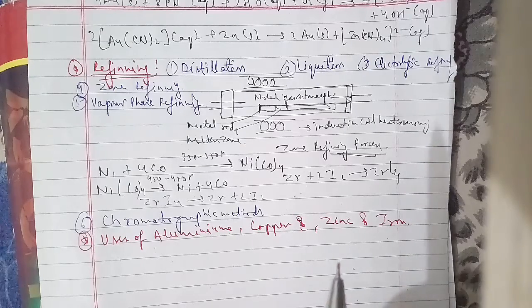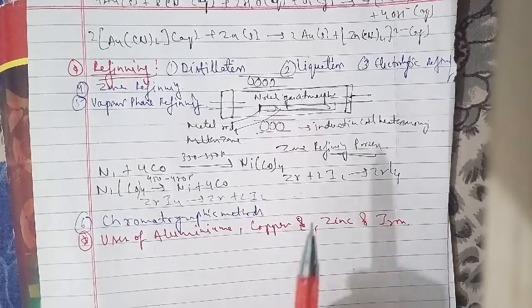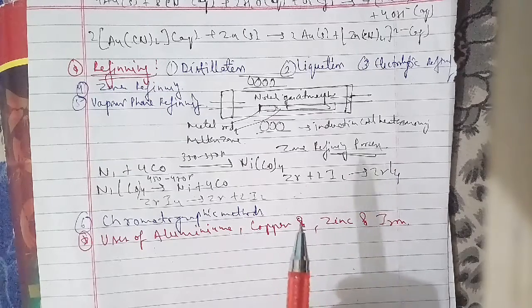What is the role of cryolite in the metallurgy of aluminium? How is leaching carried out in the case of low grade copper ores? Why is zinc not extracted from zinc oxide through reduction using CO? The value of delta rG for the formation of Cr2O3 is minus 540 kJ per mole, and that of Al2O3 is minus 827 kJ per mole.